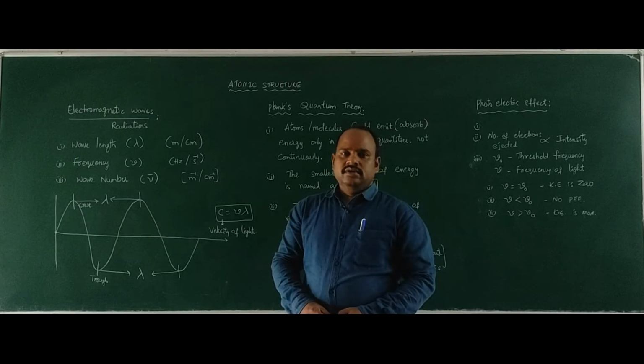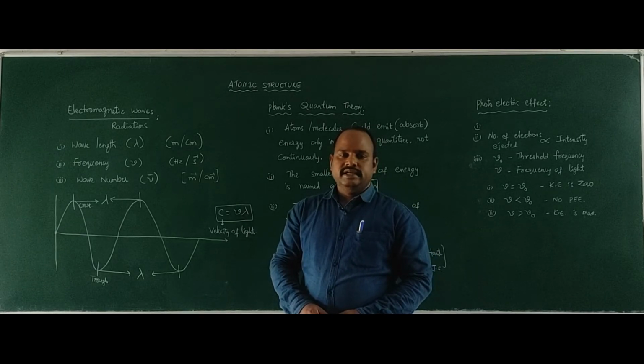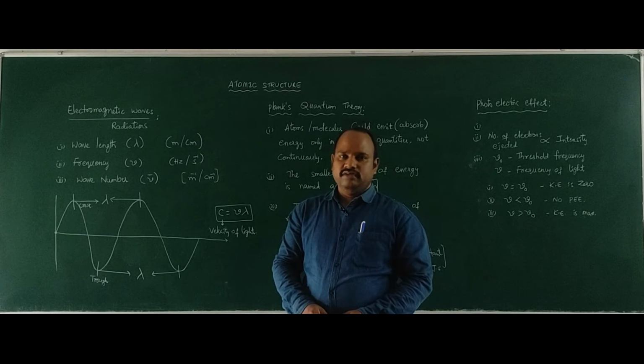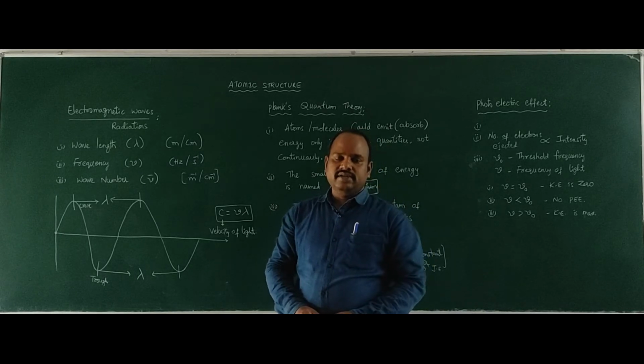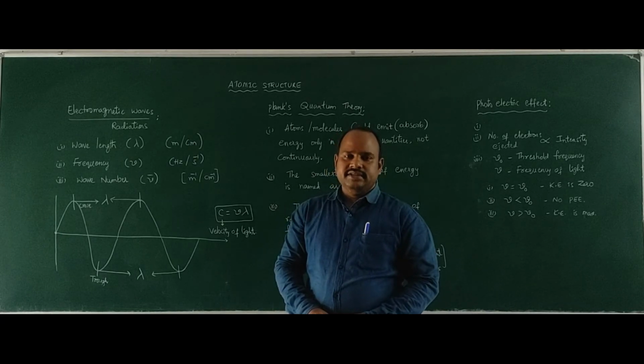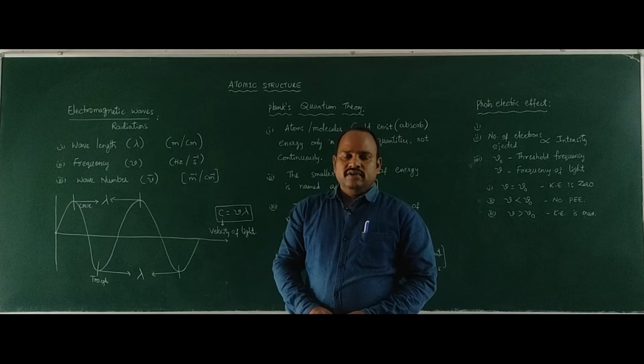We have so many electromagnetic radiations. When these are arranged in ascending or descending order of frequency or wavelength, the diagram is named the electromagnetic spectrum. A spectrum is a series of lines, and that series is arranged in ascending or descending order of wavelength or frequency of electromagnetic radiations.